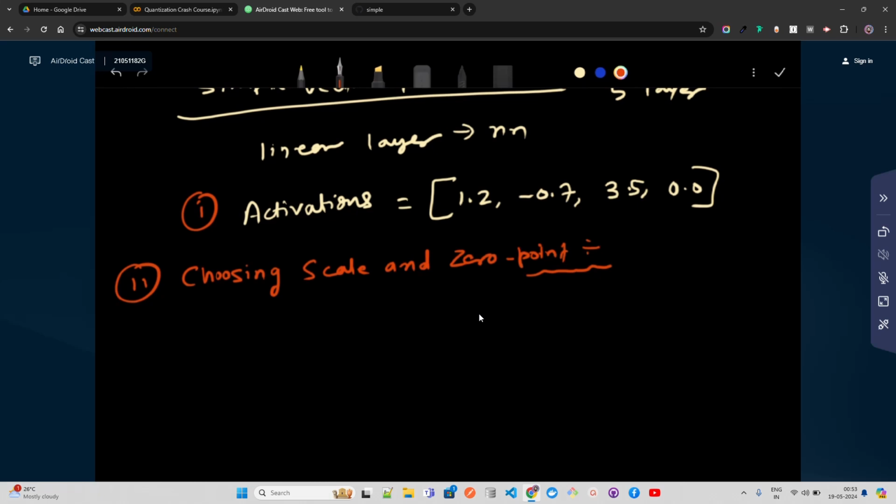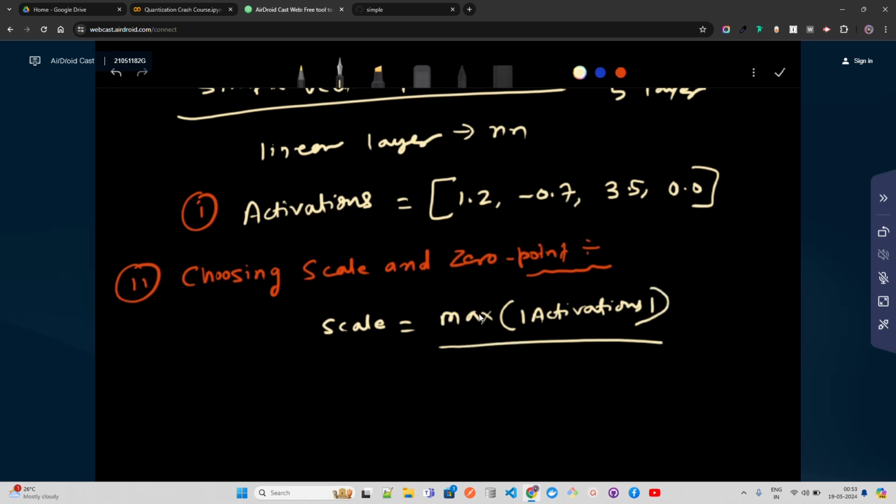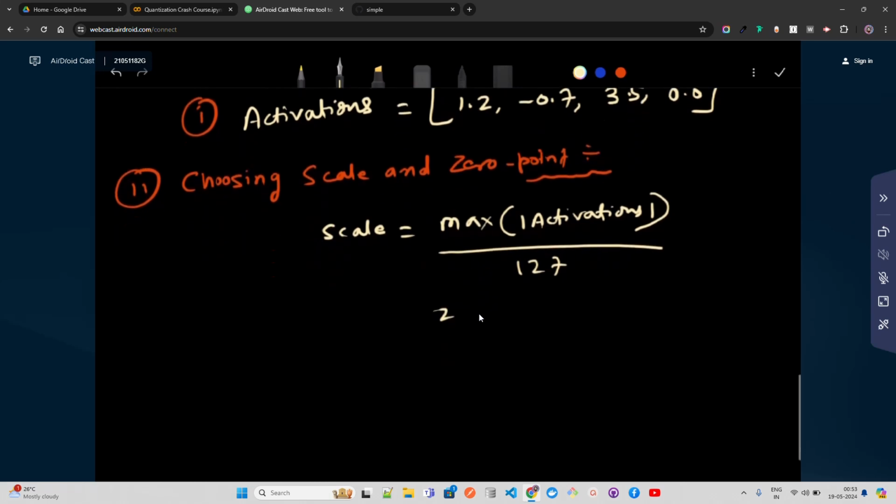So I'm going to say scale equals the max of my activations divided by 127, and you can choose the scale, how much it will be.